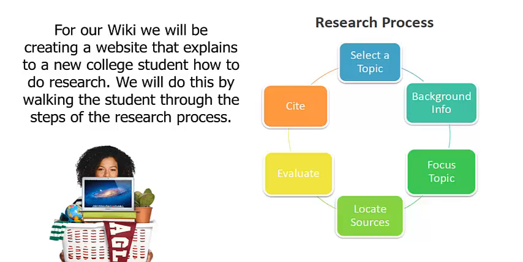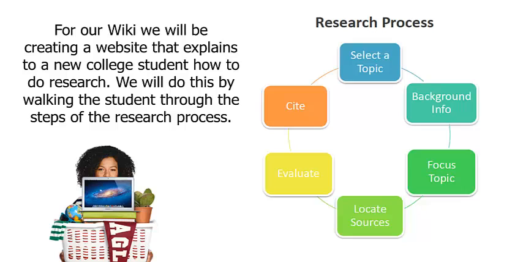Once we've decided our focus, then we're going to locate more in-depth sources, so that's going to be newspapers and magazines and journals, books, maybe even websites. Then we always want to evaluate our sources for credibility and make sure that they're quality, that they're at college level, and that they're credible. And then, of course, we always want to cite our resources in our research essays and papers. So that's the research process, and these are the steps that we are going to be explaining to a new